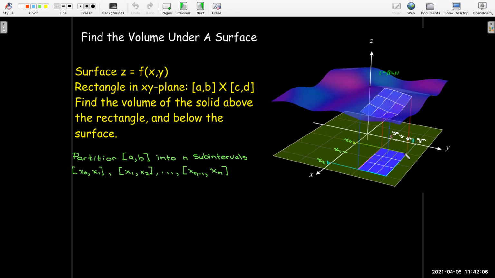And the n does not have to be the same as the m. But we're going to have then a mesh, and to calculate the volume above each of these little rectangles, these mesh cells, we will choose some point,